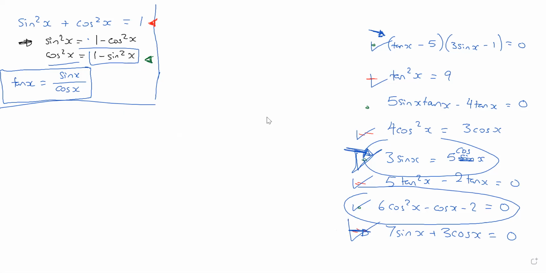And now let's look at probably the most interesting one here, which is this one. Again, is it hard? Nope. 3 sine x tan x minus 4 tan x equals 0. Now, at first glance, that looks tough. That genuinely does look tough. But what you want to do is,